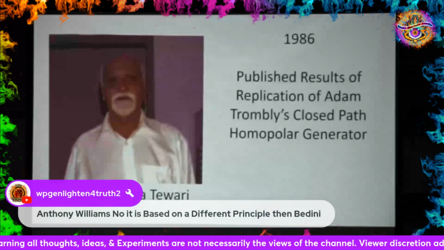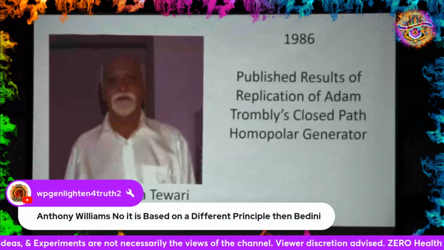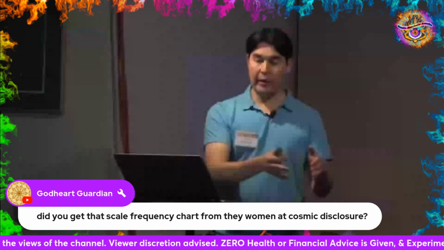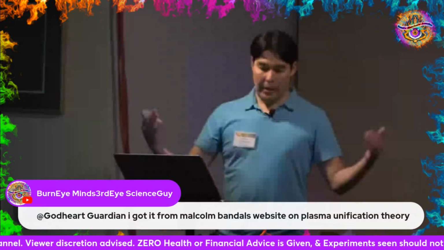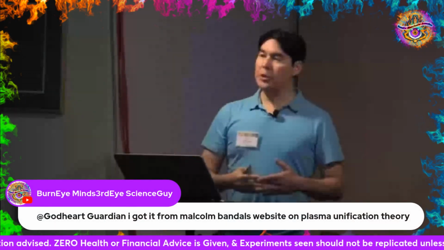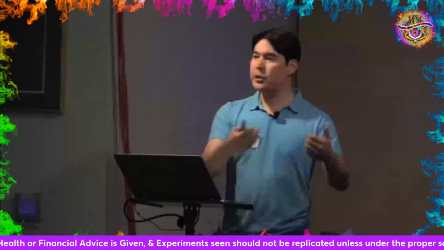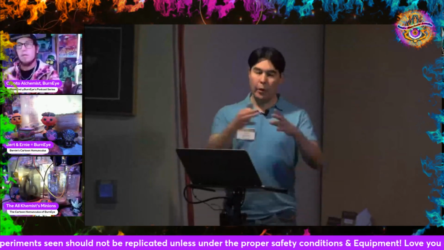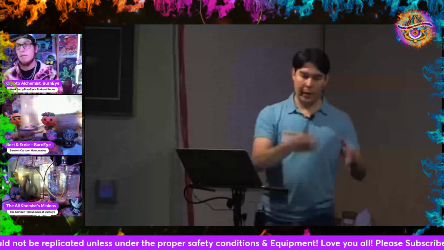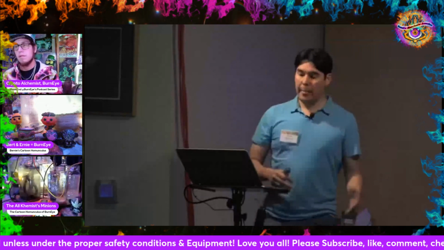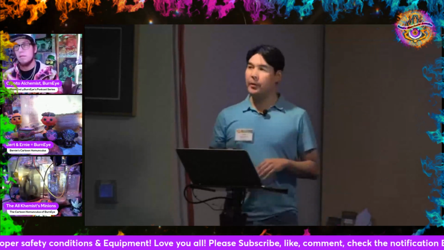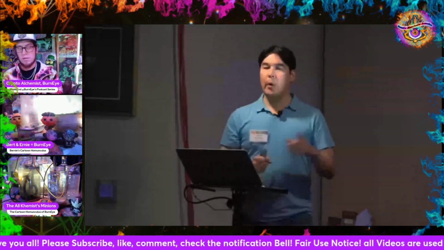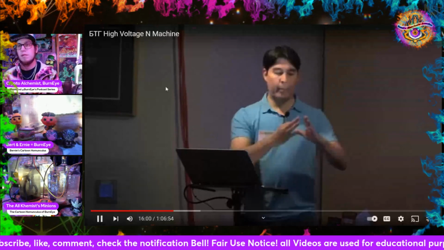And I believe one of the early concepts was that what Tewari did was he took a certain amount of electricity, voltage and current, through some type of electrolysis cell and measured how much gas you're freeing up from it, which is going to go pretty much strictly by Faraday's law of electrolysis. So he knew that much electricity directly to the cell was giving X amount of gas. Then he took that same amount of electricity and put it into the N machine or homopolar generator. And what I didn't mention is that if you have the magnet